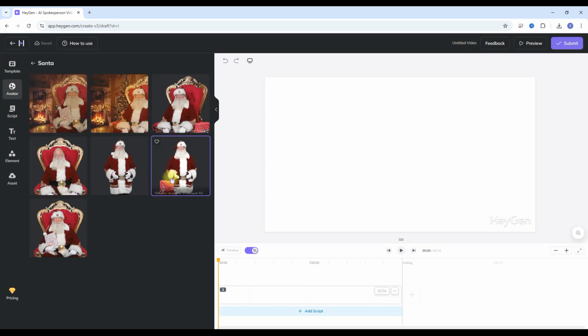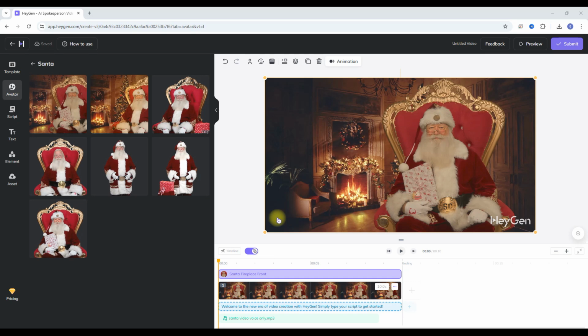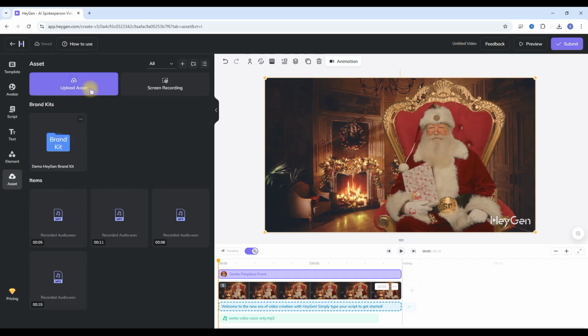And I have 7 different options. These ones will allow you to have the background that you want. So for instance, outside in the snow, whatever you want. I'm going to select this one. Now I need to upload my voice sample. I'm going to click on asset, upload asset,